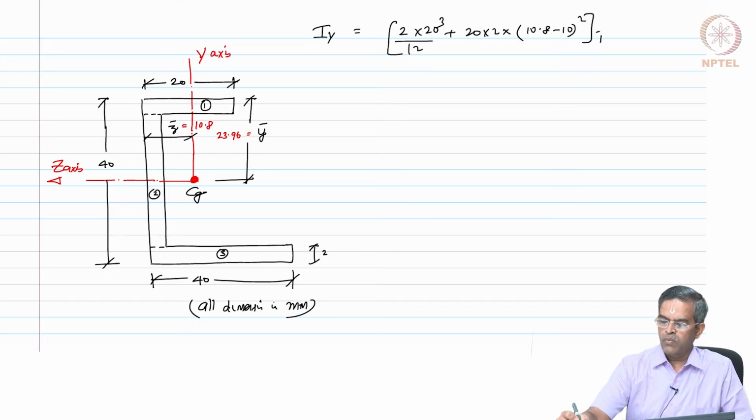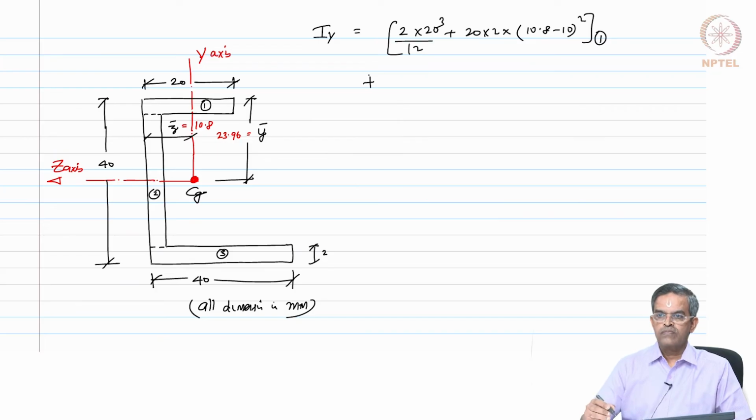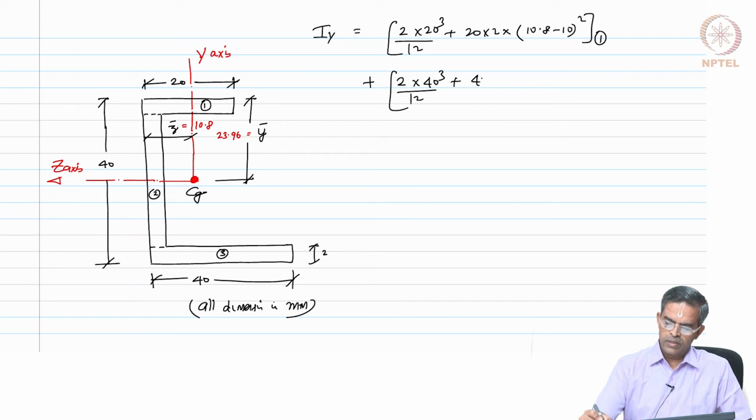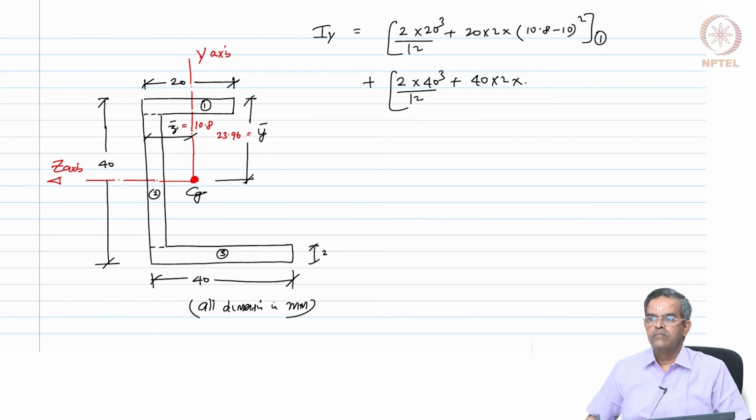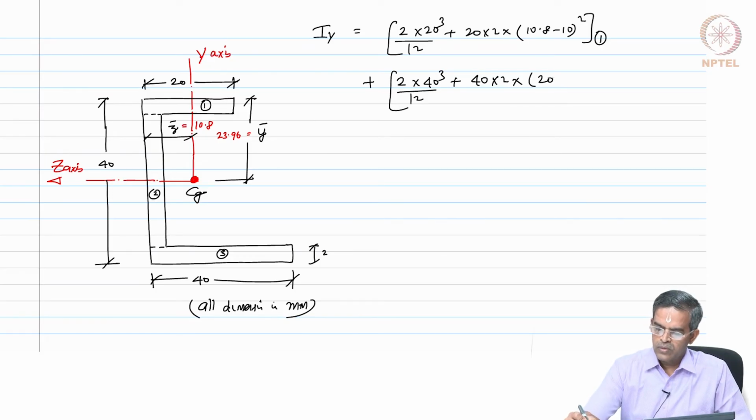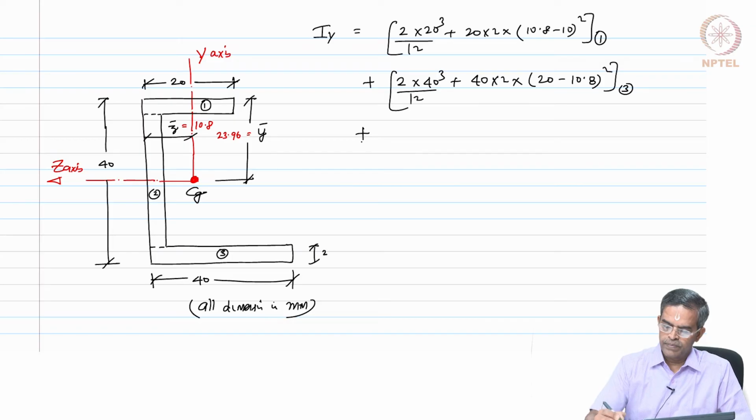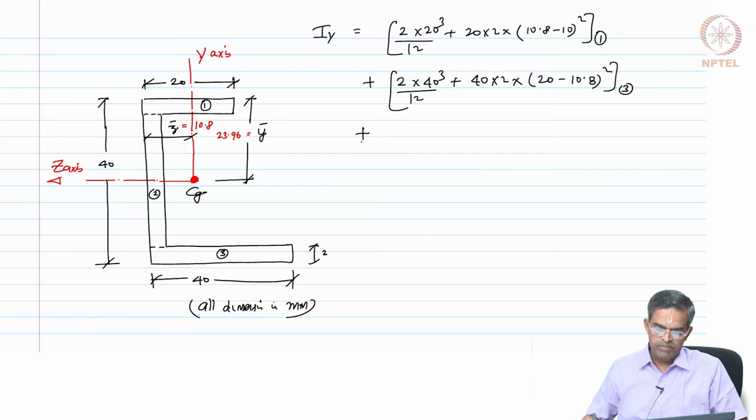This is for piece number 1, plus 2 into 40 cubed by 12 plus 40 into 2 into 20 minus 10.8, the whole squared. This is for piece number 3, plus